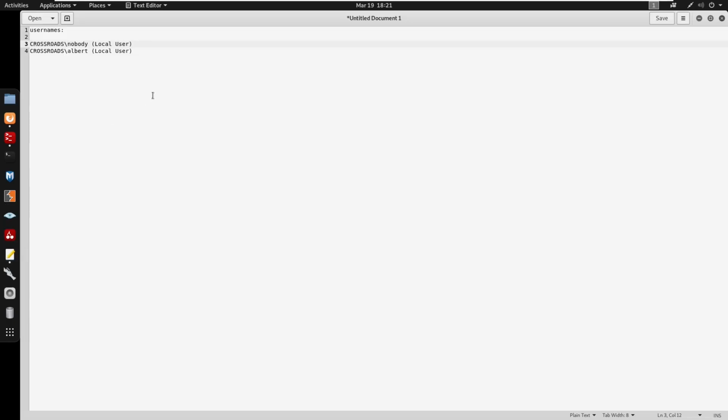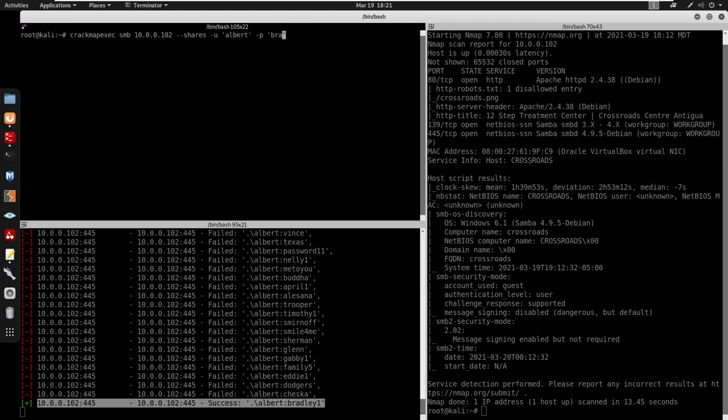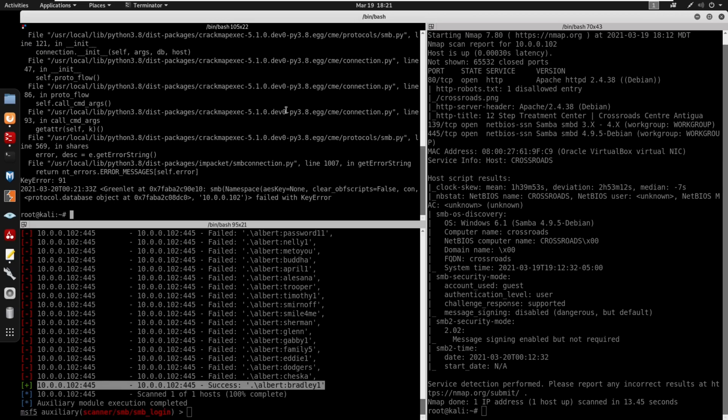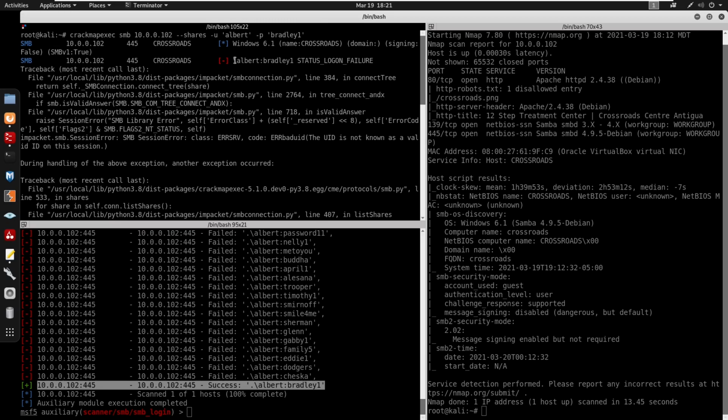So we can just copy this and put this into passwords, and we can press enter on that. We do have Bradley1, so we can check if this is correct. Like I said before, crackmap.exec gives false positives, so pressing enter on this does show that this is incorrect. It's not a valid credential, right? So we could use